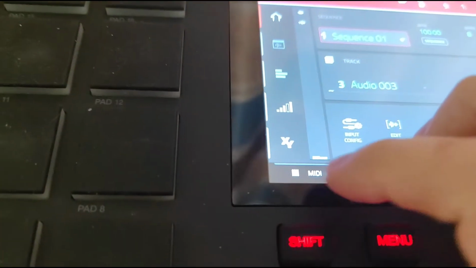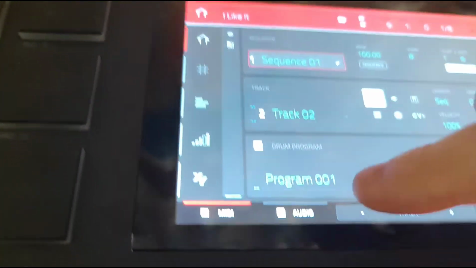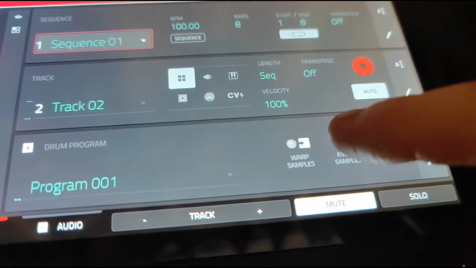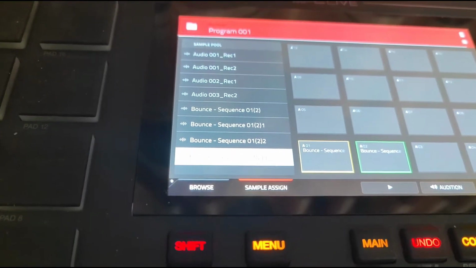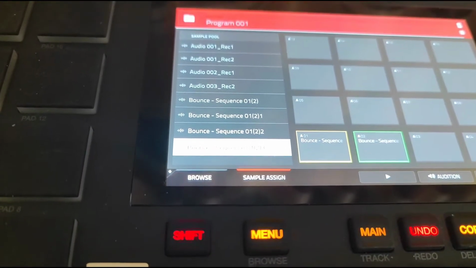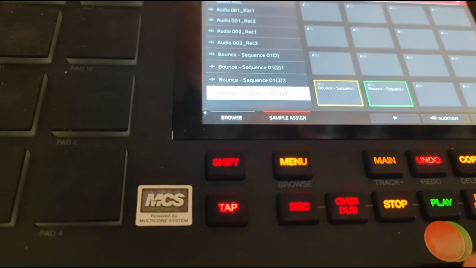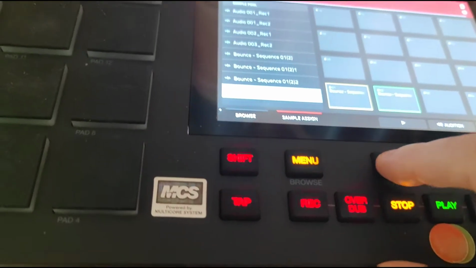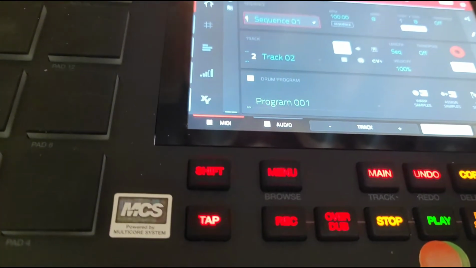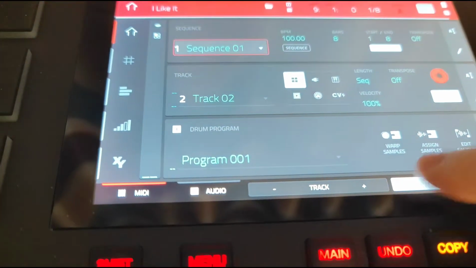Okay, go back to MIDI right here. We're on whatever program we want it in. We go to assign samples. We find the new sample, which is right here. There it is. Okay. Now, just one thing to remember: if you're having difficulty,